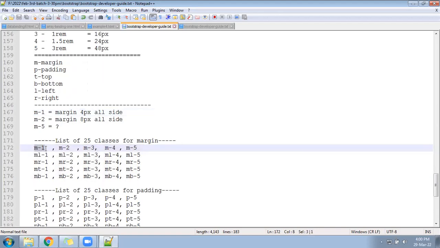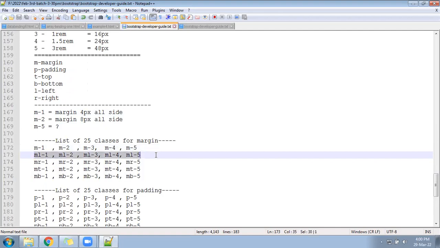M hyphen 1, M2, M3, M4, M5 are there, but there may be a requirement where you want margin only from the left side. How much? 4 pixel, 8 pixel, 16 pixel. See, M hyphen 1 means 4 pixel.